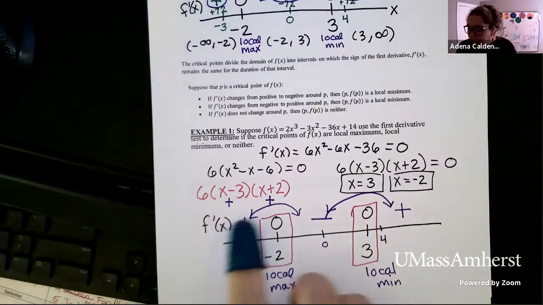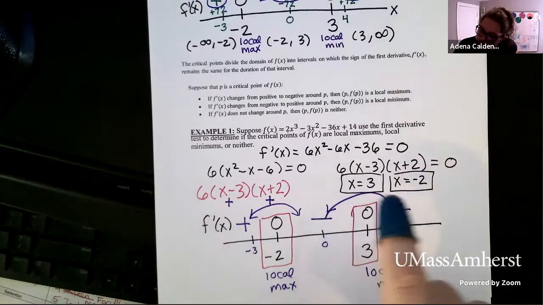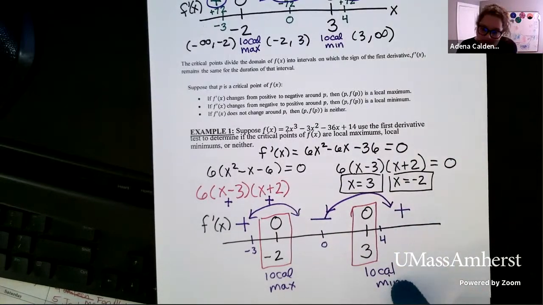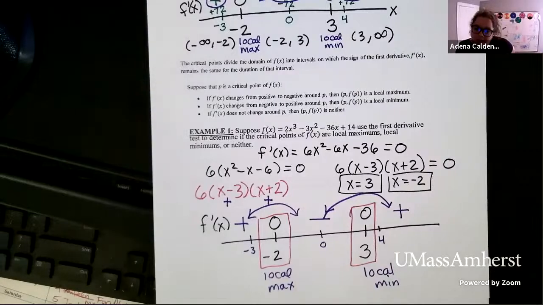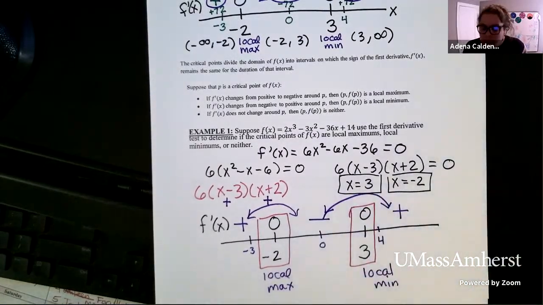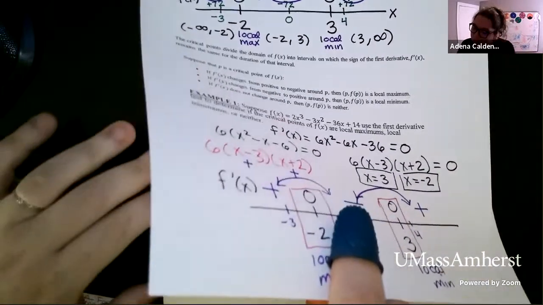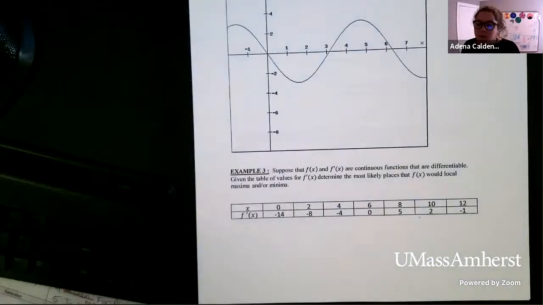Oh yeah, so if it goes from positive to negative, then we have the local max. If it goes from negative to positive, we have a local min. It would be neither if you went negative to negative, if the sign did not change, that's when we have neither. Okay, so now we want to think about how we might be able to use this first